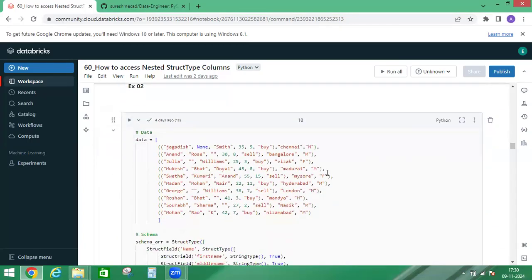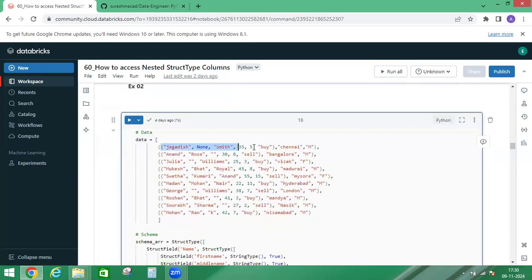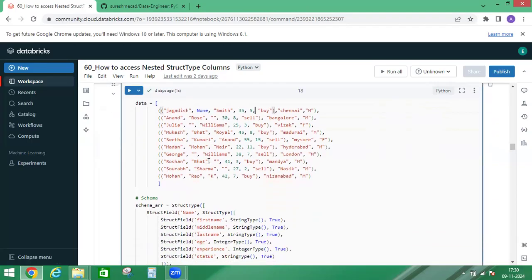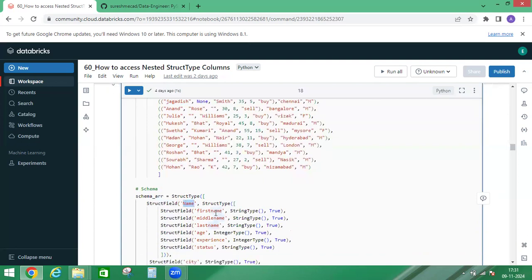And I have one more example. See, I have an initial struct type, and I have 2 more columns. So how am I defining it? First, I'll define only this much. That is schema, struct type and struct field. And how many fields do I have? First one is name, this one, name, and this struct type is,